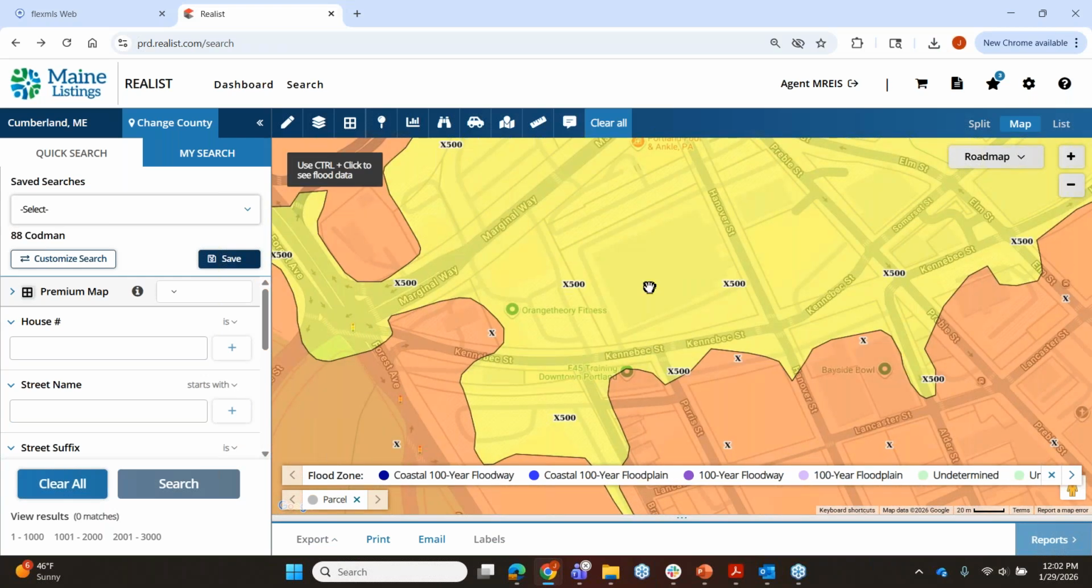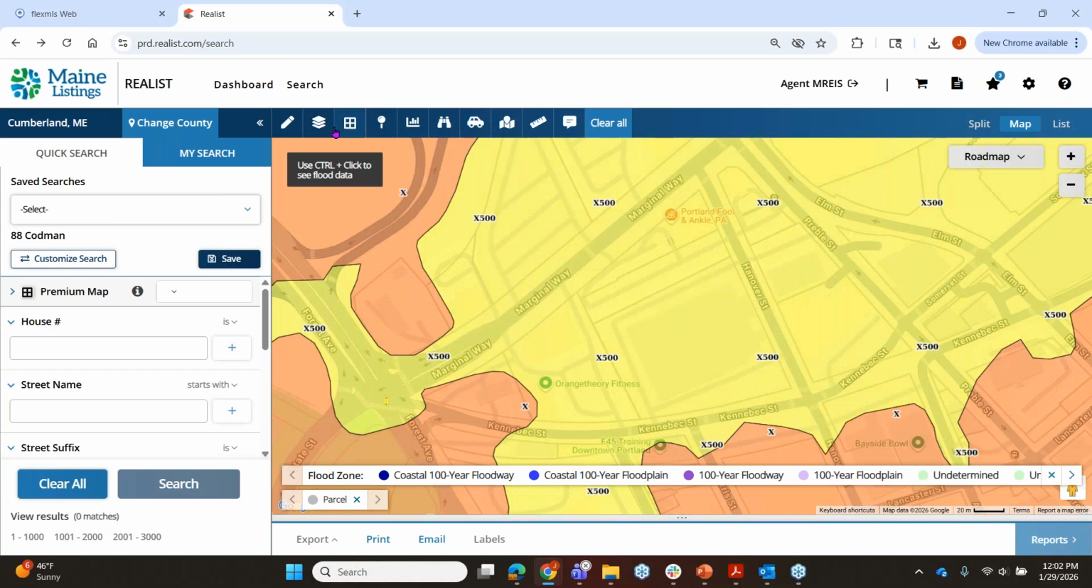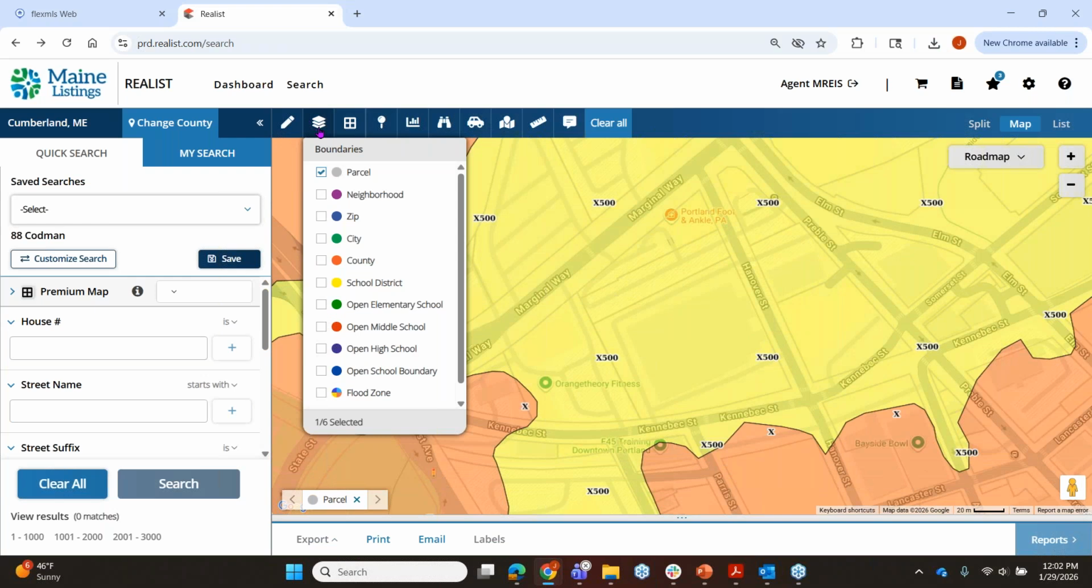Hold down Control and click, and you will be able to see from FEMA that panel and the last date they updated that panel too. So flood zones all found here underneath boundaries. Next,